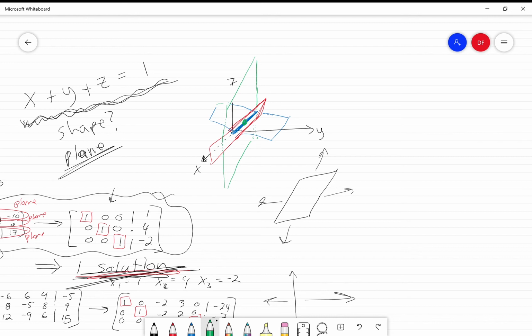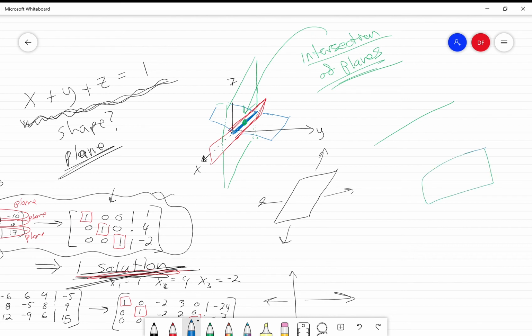However, I'm going to upload a video called Intersection of Planes. And you will see how 3 planes can intersect at a single point, or they can intersect in a line, or they can intersect where the planes are on top of each other. And in each case, or I can have 3 planes that are parallel to each other, and none of them